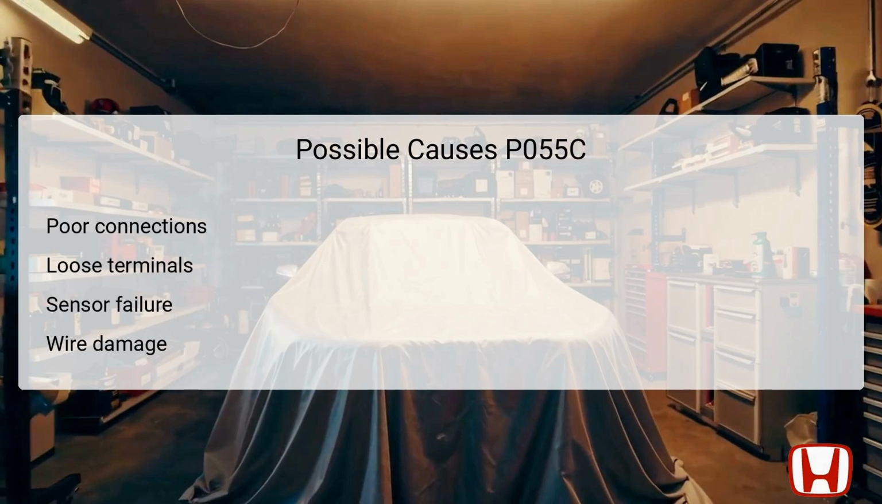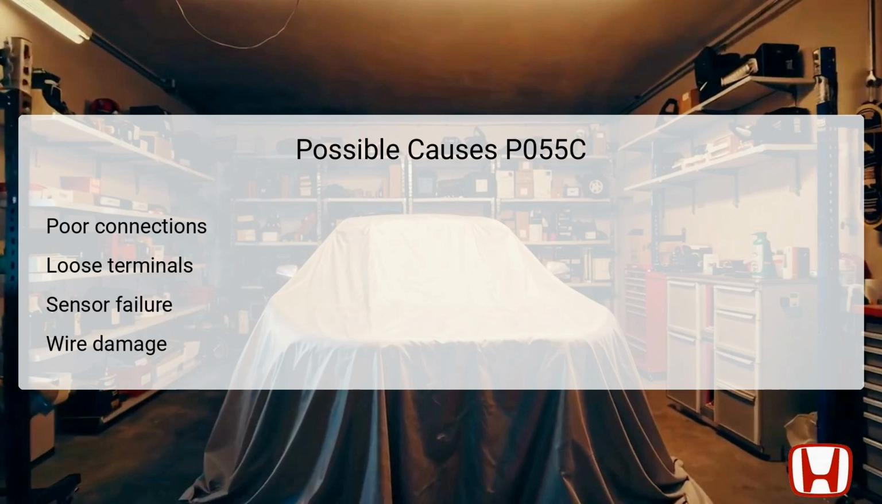First and foremost, poor electrical connections can disrupt the signal flow from the rocker arm oil pressure sensor to the PCM. This could be partial or complete disconnections due to corrosion, dirt, or mechanical wear. Additionally, loose terminals in the connector can result in intermittent connections, which may not always present a failure, but can